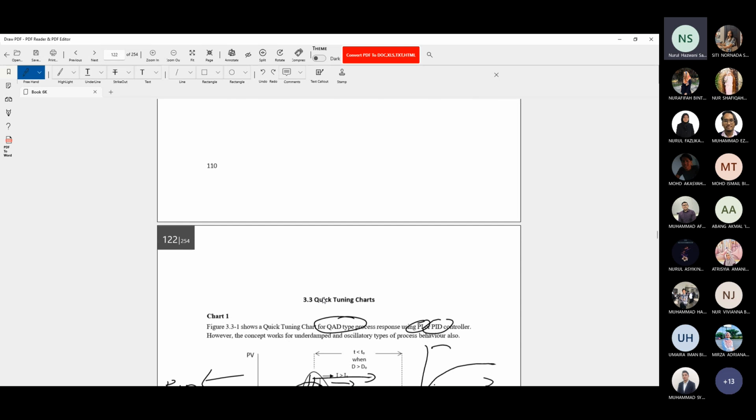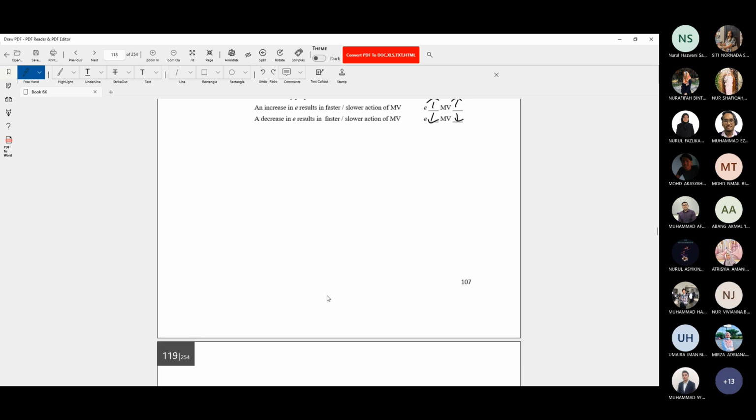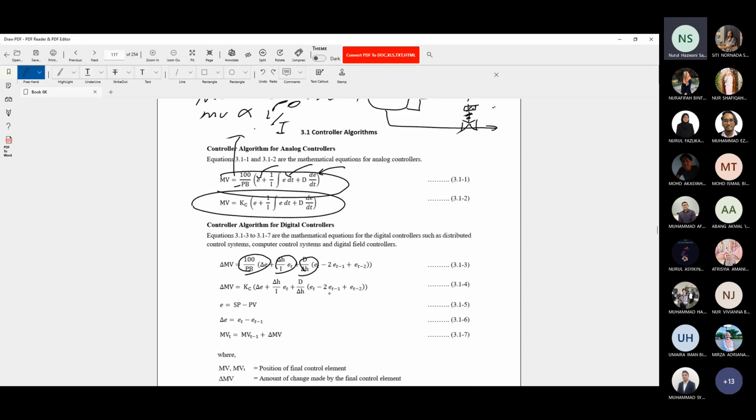So you see from here, equation 3.1.1, this one. So when the PV is,